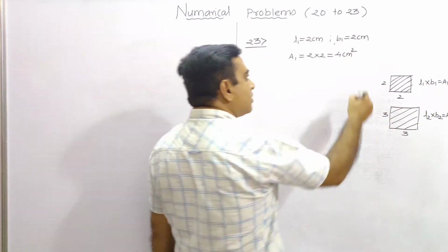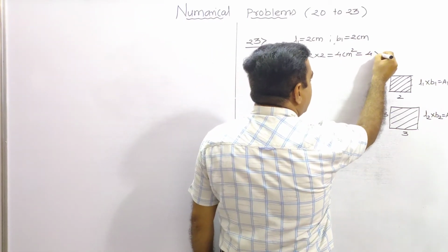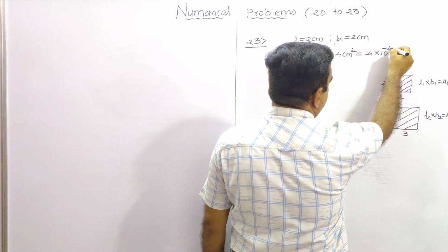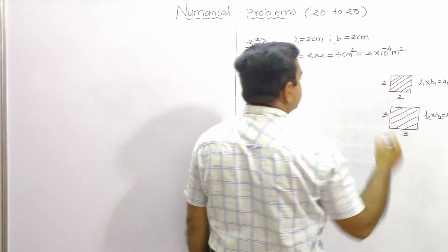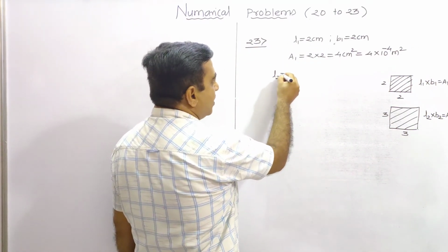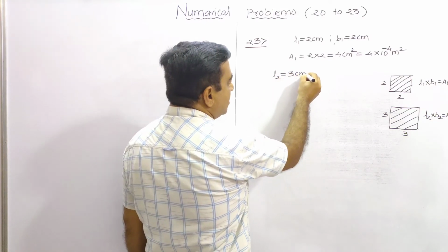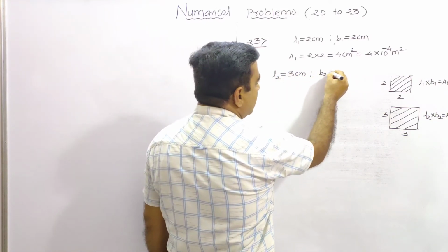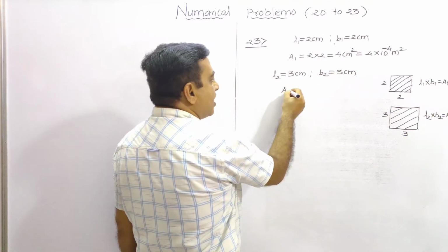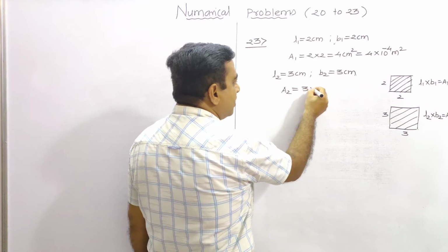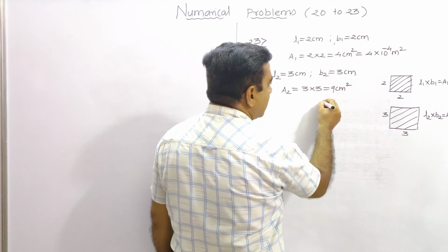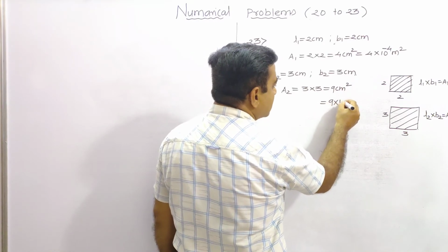But we need to convert, 4 into 10 raised to power minus 4 meter square. Now later on we have the frame which is elongated. Now it is 3 centimeter into 3 centimeter breadth, and it has the area A2 equal to 3 into 3, that is 9 centimeter square, and it is given by 9 into 10 raised to power